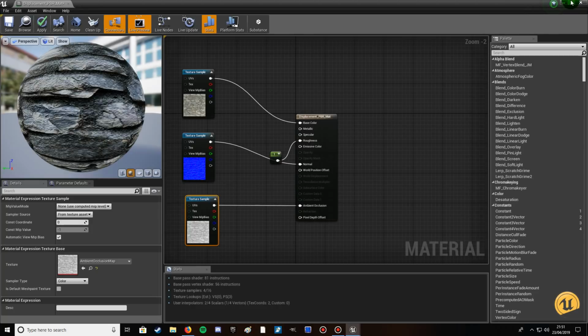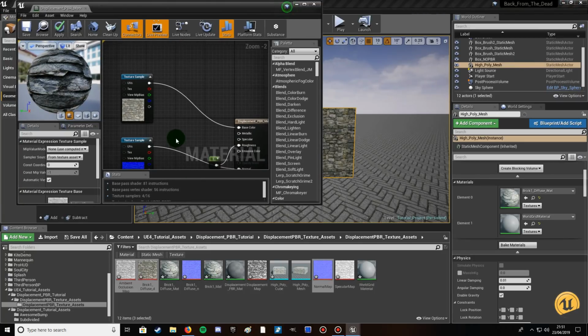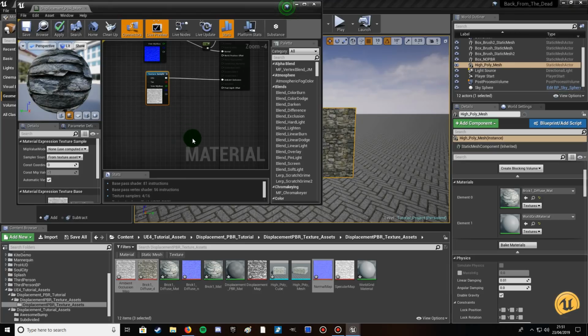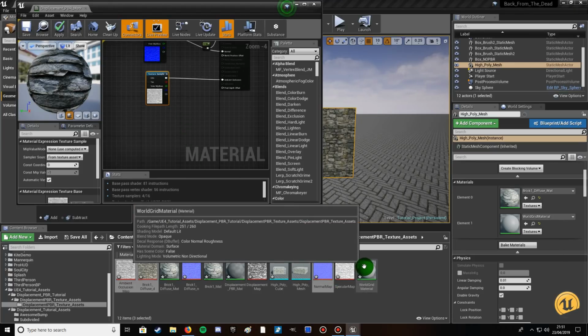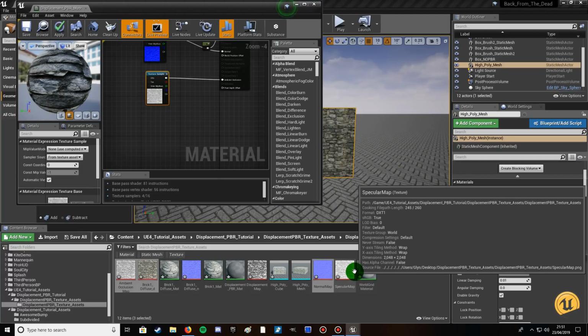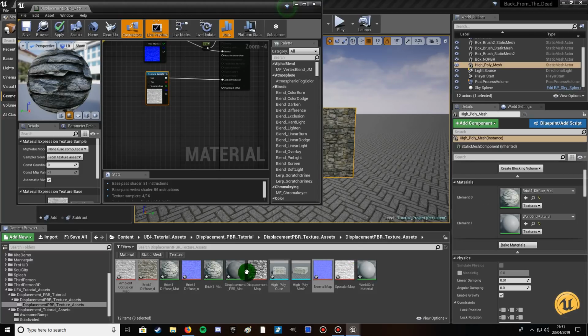Then resize your window so you get your content browser. It's just a bit quicker if you do it this way, so you don't have to right click and keep selecting texture samples. It will automatically create your texture sample node if you drag them in from the content browser. It's just quicker. And then we want to right click in the material editor,